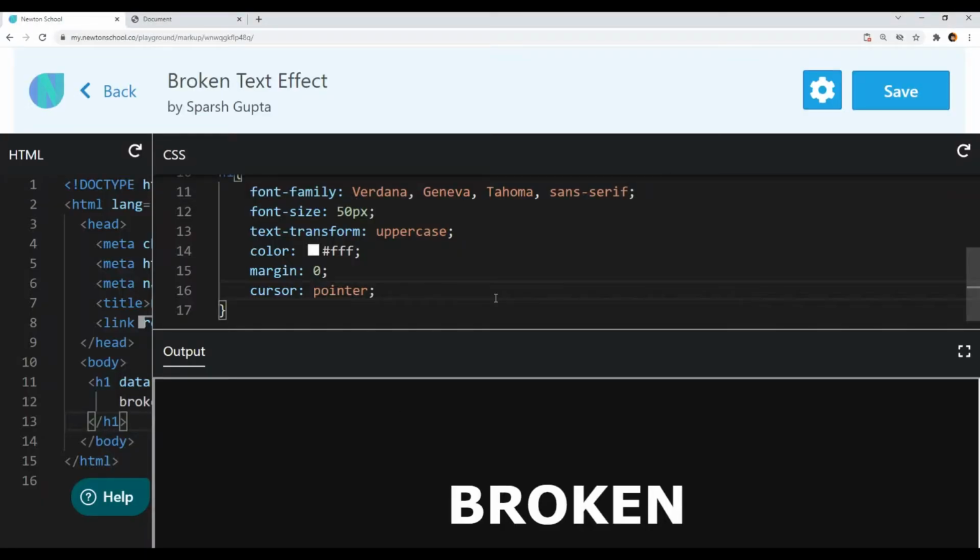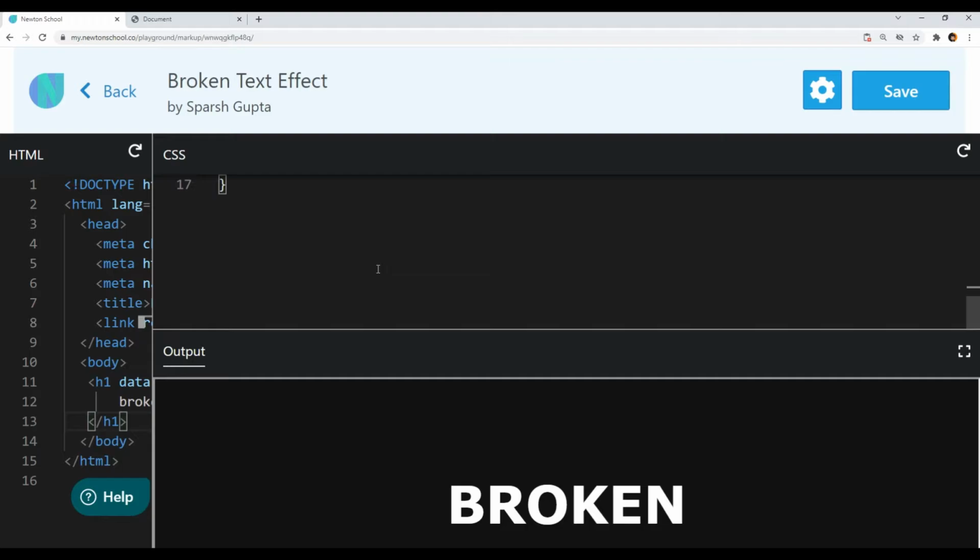Now let's start creating the replicas. So I will target the before pseudo element, and I want the same content that we have inside our h1. So I will write content here,